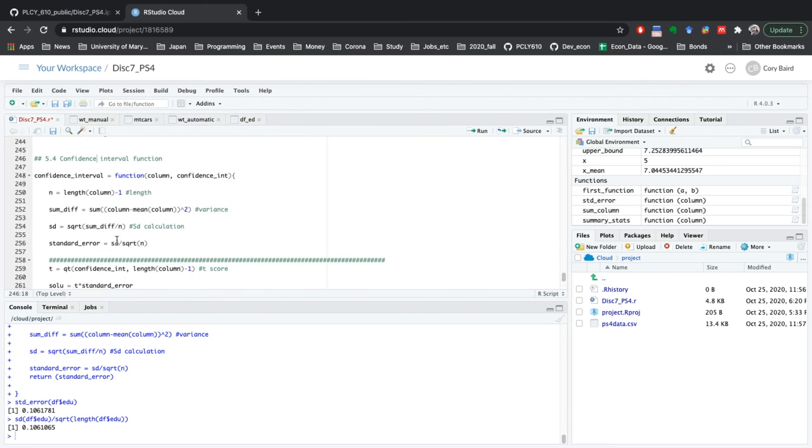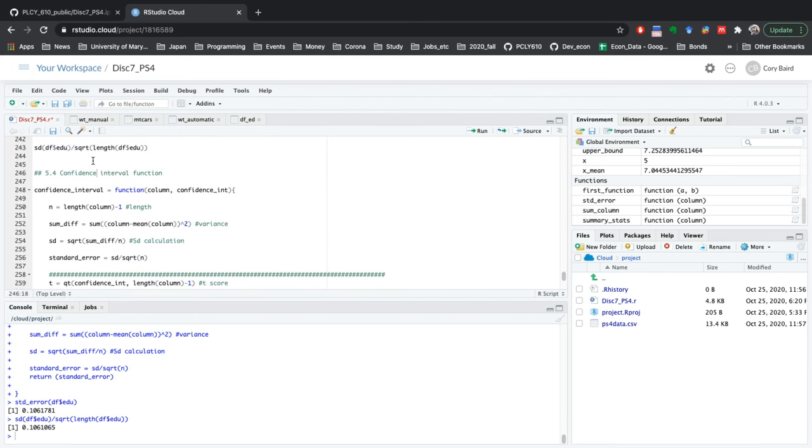For confidence interval, it's really nice because if you remember back in the first example, it's a little difficult to calculate by hand, but what this function does, confidence interval I call it, is just calculates it for you and spits out the data that you want to see. So again, we're going to put in this column data, and then I also include what's called the confidence interval,